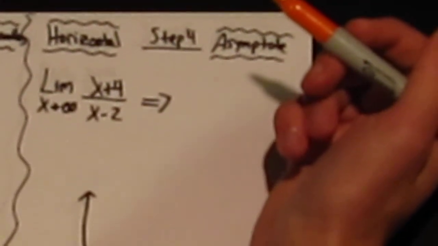Yay. Step 4 is finding the horizontal asymptote. And for this, you're going to take the limit as x goes to infinity. And this is our new f of x. So at this point,